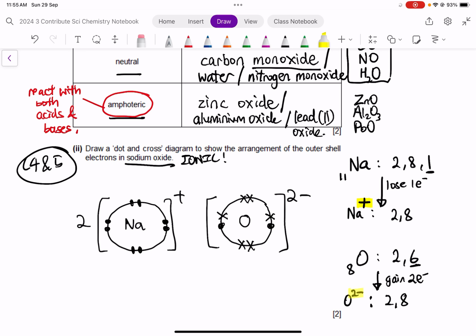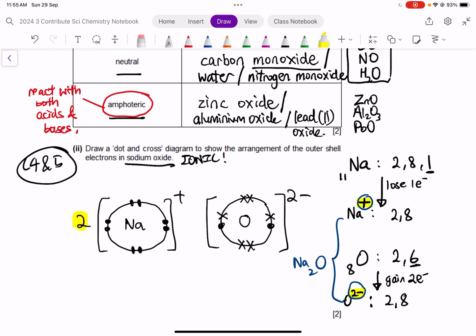Highlight the plus, highlight the minus. Ask yourself, are the plus and minus already the same? Do they already cancel each other out? The answer is no. Plus, 2 minus. Therefore, I need 2 sodiums for 1 oxygen. Therefore, the formula is Na2O. Hence, you must ensure you have 2 Na+